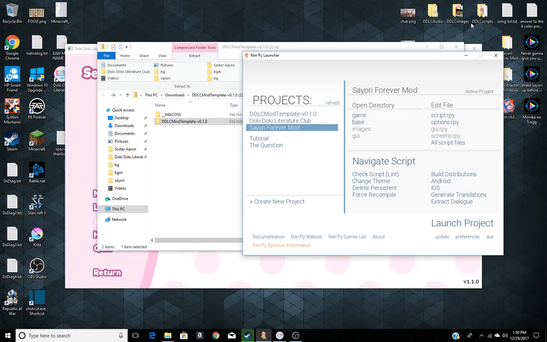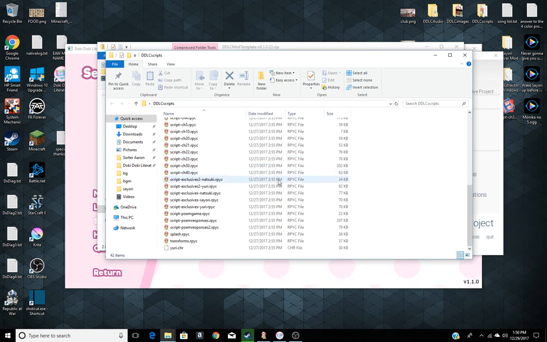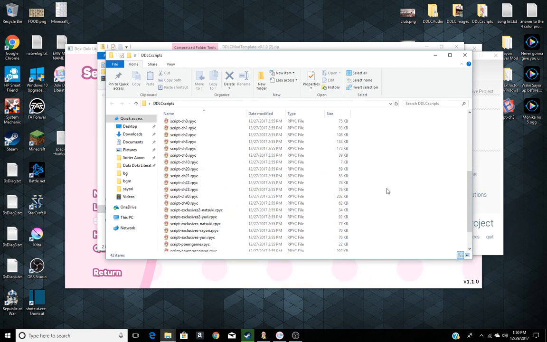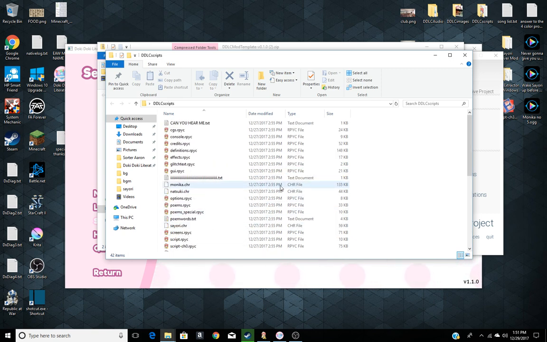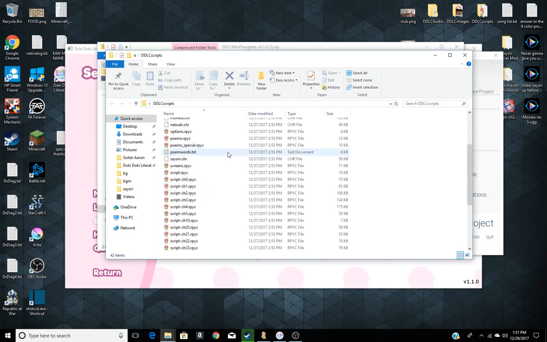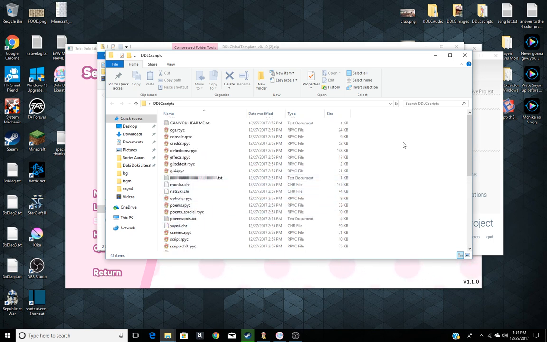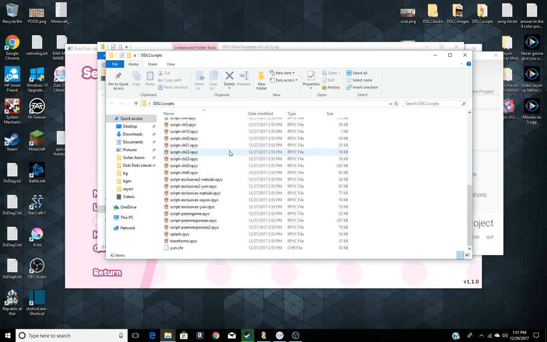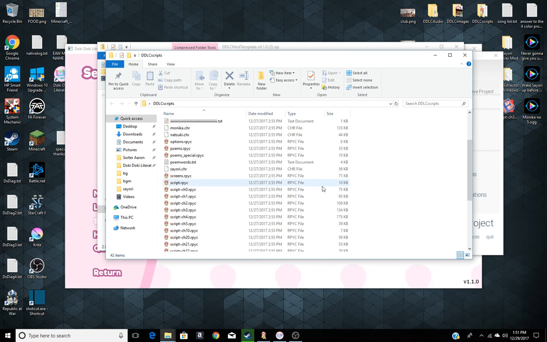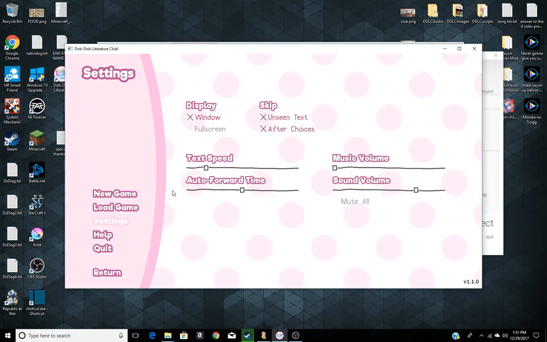So I've decompiled the scripts here, but I don't know what script is what, because you can't open these RPC files. They're compiled. At first I thought that was just an RPY, but with a slight change, like, you can't just read it normally. It's like a separate version, but that's what it is. It's just compiled script. I just wanted to know where I could interject my story into, but since I can't do that, I've come up with an idea. I will start the mod